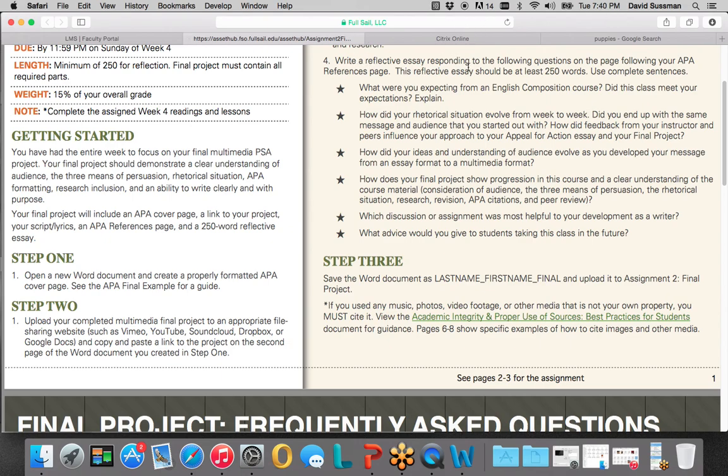Okay, write a reflexive essay of at least 250 words, and they're mostly global questions about the course as a whole, about your progress as a writer, about how your project evolved throughout the 4 weeks. So as long as you're following these starred items, you're okay. Note that this is different than a course evaluation. You have a separate activity on your FSO page, right?